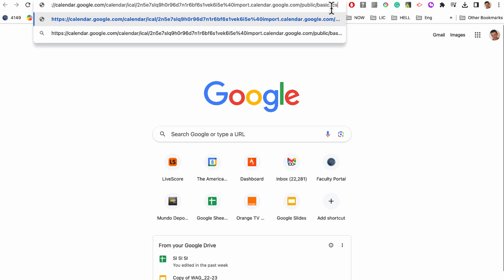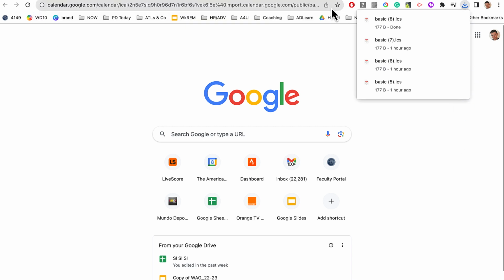So this isn't a proper web page, it's going to open up a file. And when I do, this will download onto my computer. I'm going to hit enter. And I've done this a lot today. You'll see, yours will say basic.ics. Now, back in my Google Calendar,